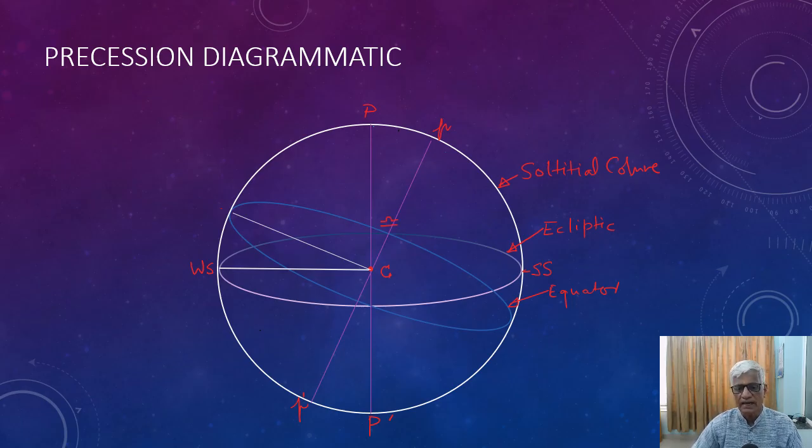And the 2 points we have seen, the intersection of the ecliptic and the equator, are called the equinoxes. Here the day and night are equal when the sun is here, I mean to say. And here it is the longest day and the shortest day.